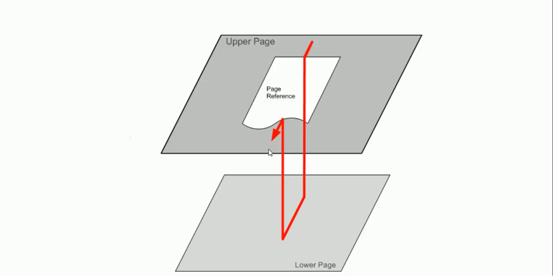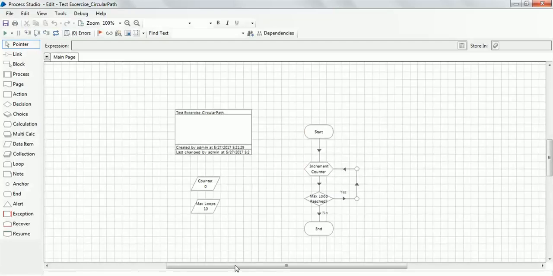now this is how page reference works. Like, let's say you have a page in a process which is calling a lower page or another page. Let's name the upper page as page 1 and lower page as page 2. So if page 1 wants to call page 2, it has to use page reference to call page 2 directly. Okay, we'll see that also in today's tutorial. Okay,